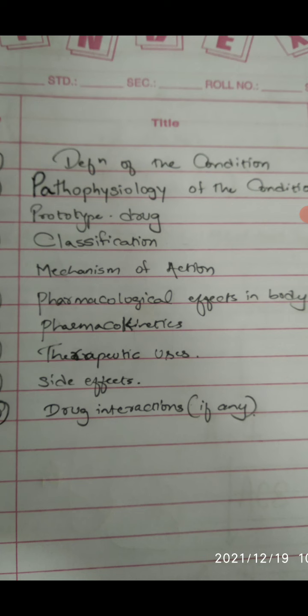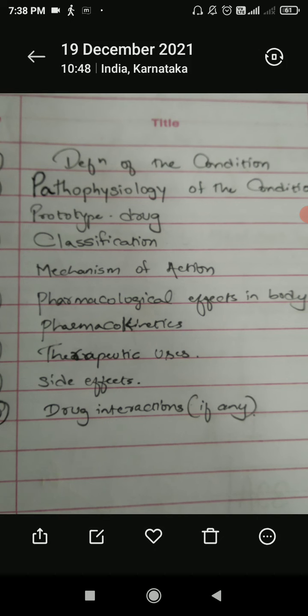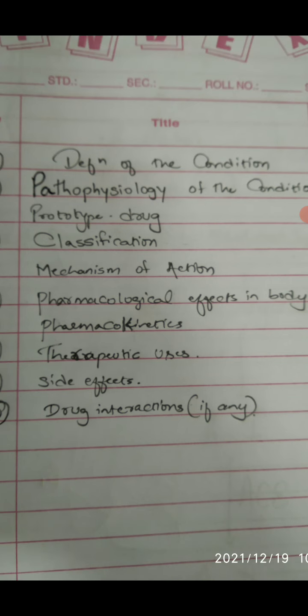Then valproate. Valproate is a broad spectrum anti-epileptic. It acts in all the above three manners. How is that? It increases the GABA mediated chloride conductance, similar to phenobarbital, and then it acts similar to phenytoin. It acts on the voltage gated sodium channel, prevents the entry of sodium ions, so thereby reduces the chances of depolarization. Then also it acts like ethosuximide. It prevents the entry of calcium ion in the terminal button, thereby prevents the stickiness of the synaptic vesicle, thereby prevents the release of neurotransmitters at the synapse. So that is how the mechanism of action of the drug should be written.